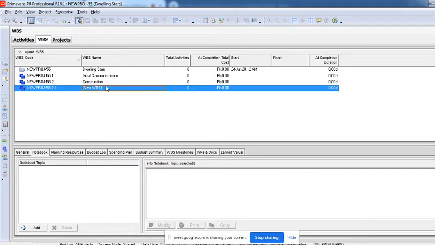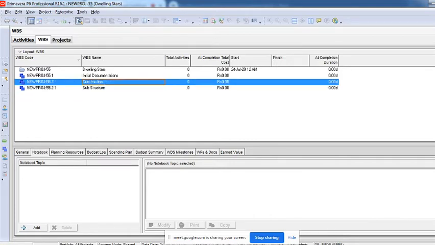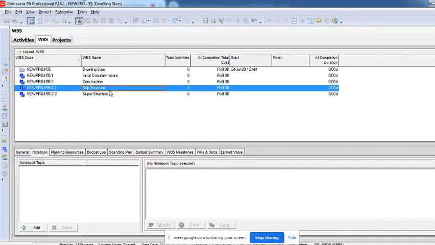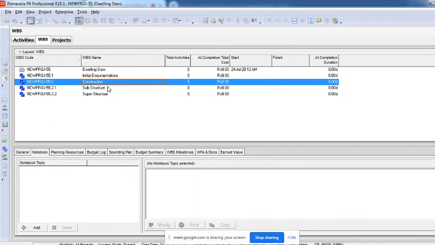Yeah, you can see now I'm creating something like this here. I'll say substructure. I'll click again on construction, I'll click on add, I'll say superstructure. Right, so both of them are on the same level, but both of them are under construction.